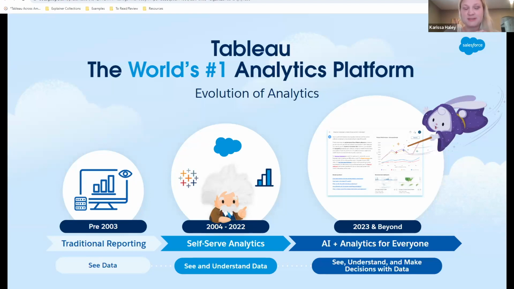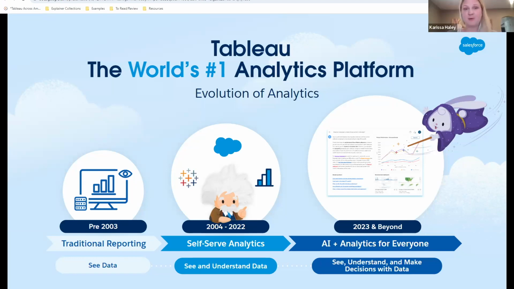Some of these tools include business objects, Cognos. If you've worked with that in the past, it's been kind of a report center where somebody has had to go and say, hey, that was a really cool report, but I've got additional questions, or I want to see more information. You'd have to log a ticket, go back to the one or two people that know how to use the tool, and then get your information. And in some cases that could take weeks, right?